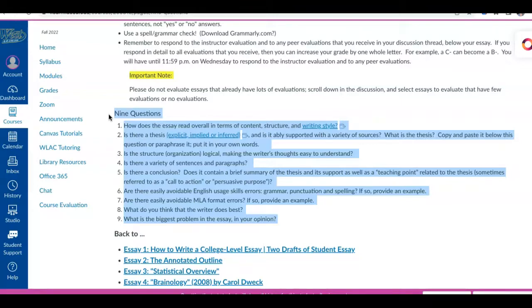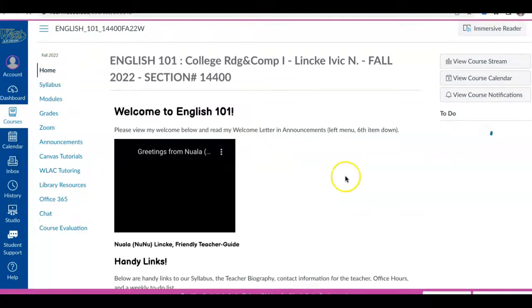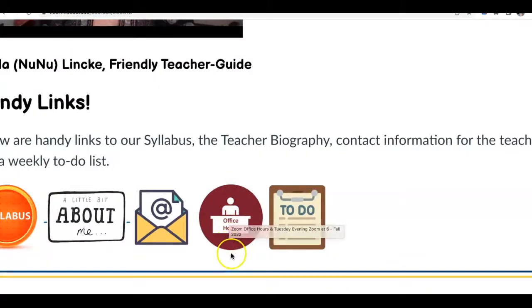2 peers' essays. Now, if you have any questions or concerns, I'm here in the inbox, and you know that I keep my Zoom office hours faithfully, and also my evening Zoom. I Zoom once a week with everybody in this class, tutoring you about assignments. Where will you find the Zoom access information? It's here in Home, where I just clicked, and you would just click on this office hours icon to find